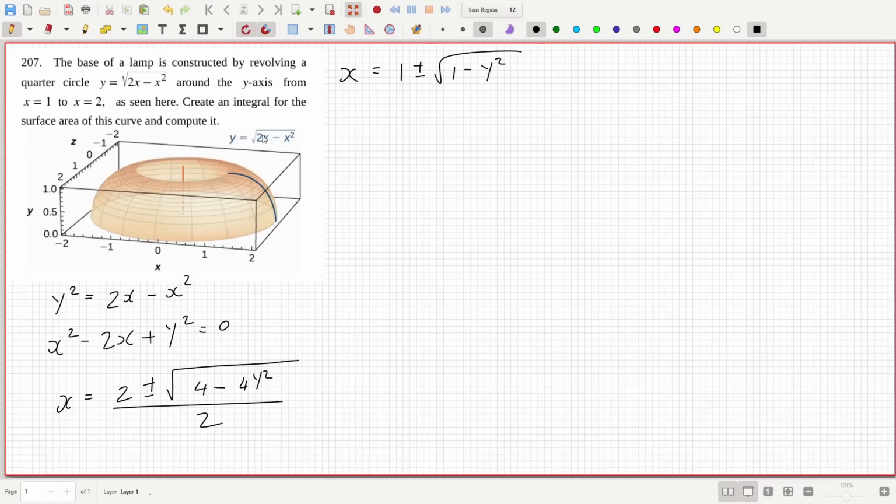Now, when x is 1, that's 2 minus 1, which is 1. And when it's 2, that's 4 minus 4, so 0. So 0 to 1, okay? And we want to keep things positive, I'm sure. So the area would be 2 pi, 0 to 1, 1 plus root 1 minus y squared, and then square root